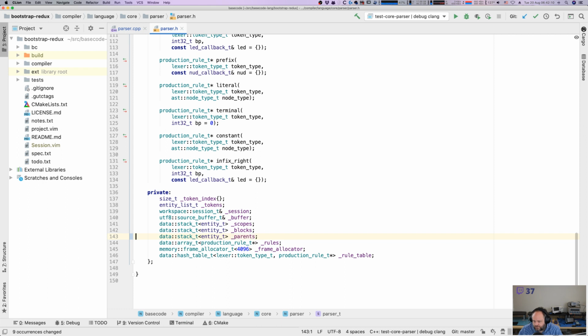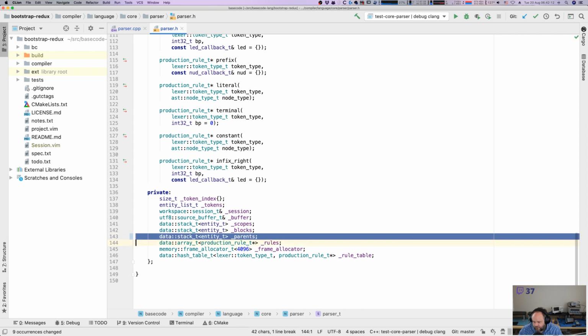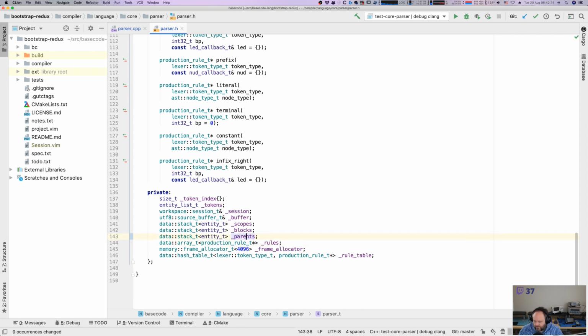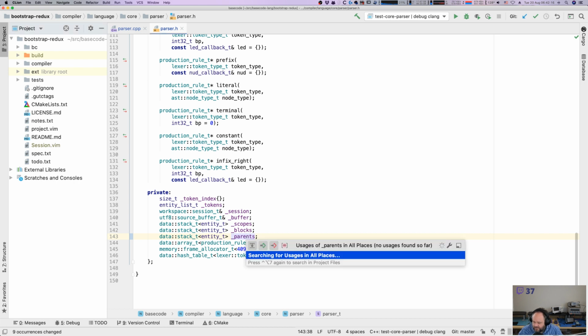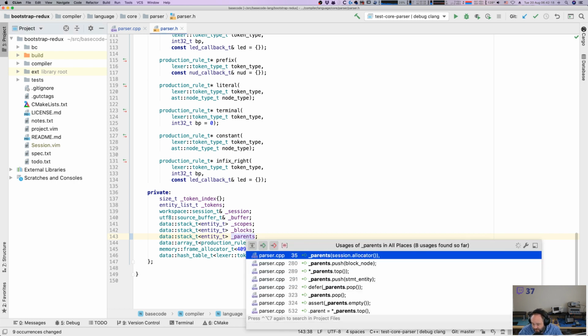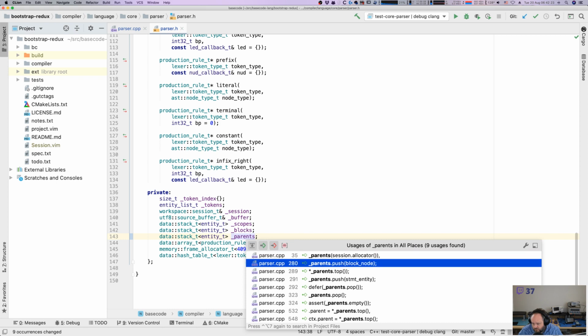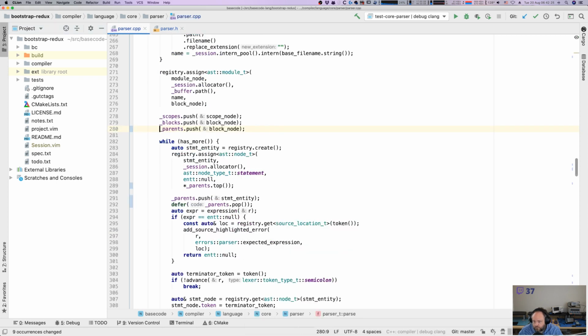So parents is a stack, and the way that I'm using it right now is I'm just pushing and popping things off of it directly. But what I could do is I could wrap it in a method that